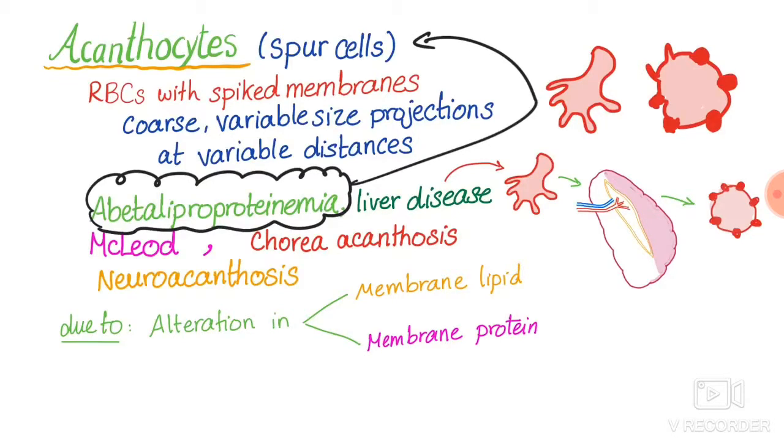acanthocytosis. Is the pathogenesis of these cells an alteration in membrane lipid or membrane protein of the red blood cell? Sometimes in cases of severe liver disease, these acanthocytes will go to the spleen. The spleen will try to make them more round, more circular, and this is called